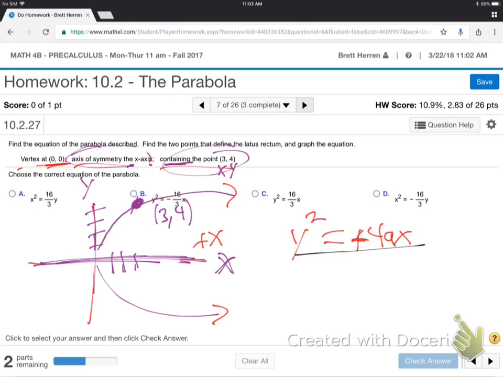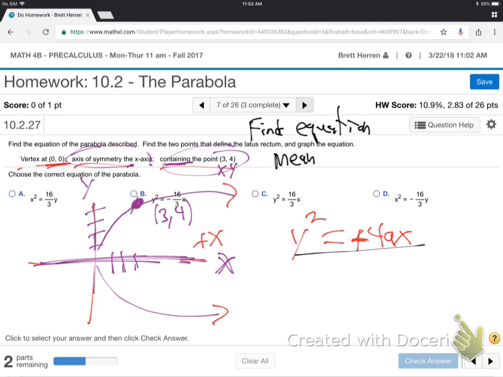Good. Now what, though? I want to come up with the equation. When somebody says in a math problem, in any math class, come up with the equation, are you familiar with what that means? When they say find an equation,